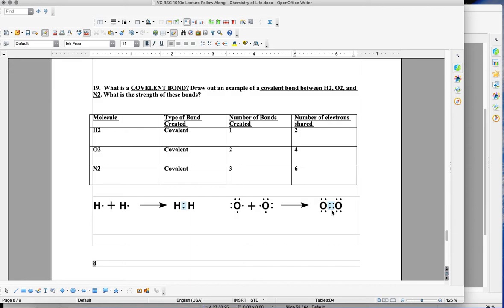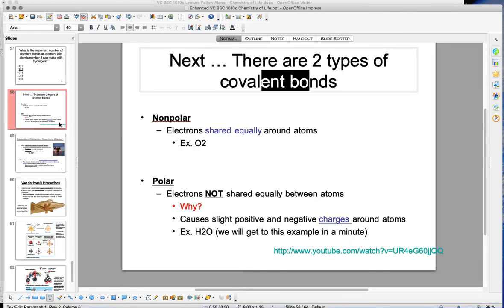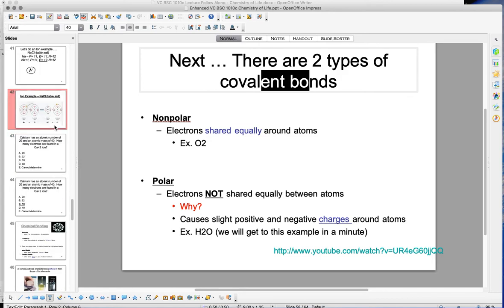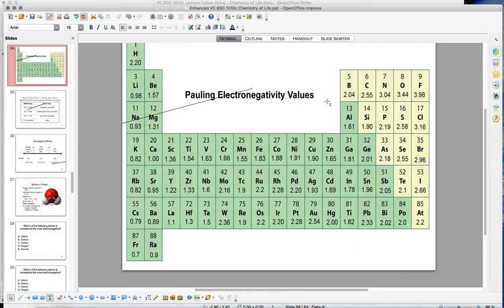In this case, we have oxygen and oxygen, so the electronegativity is the same, right? They're the same atom. Hydrogen, electronegativity is the same, equal sharing, non-polar covalent sharing. Nitrogen gas, N2, also equal sharing, the same atom. Now, what about a molecule like water, H2O? If we look back at our electronegativity values, oxygen has an electronegativity of 3.44 and hydrogen is